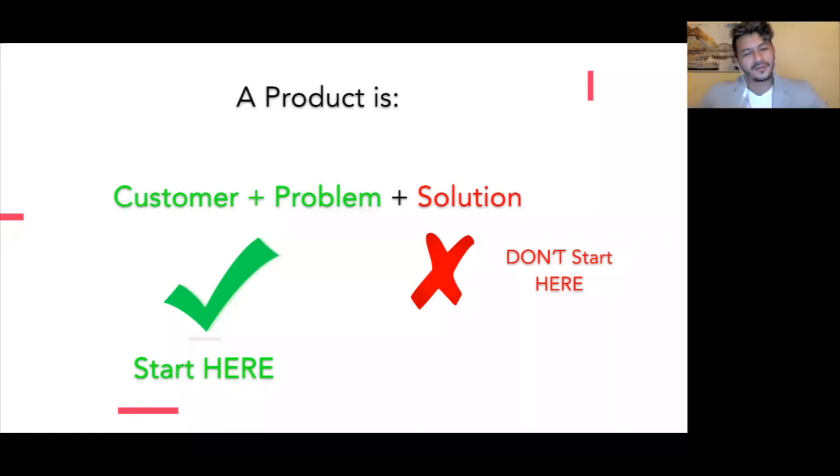That's a component of your product, but you also need to think that the product has two more components. One is the customer, who is going to pay for the product, plus the problem. What is the problem, or the pain point, that you are solving with that specific product? So it's always a combination of three factors. Your customer, for whom you are building something; the problem the product is solving, which is the why, the reason someone will use your product; and the solution, which is the how. How are you solving that problem for that specific customer?